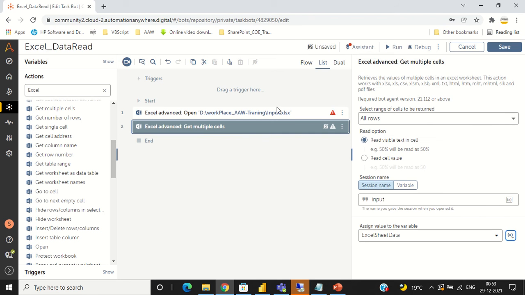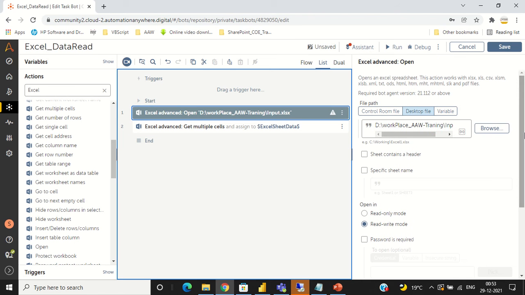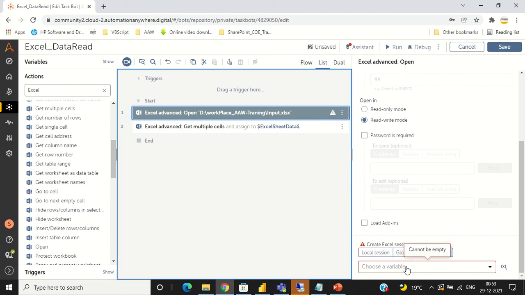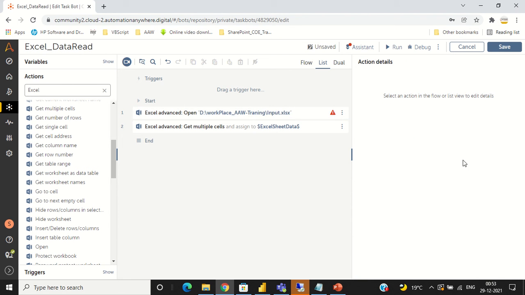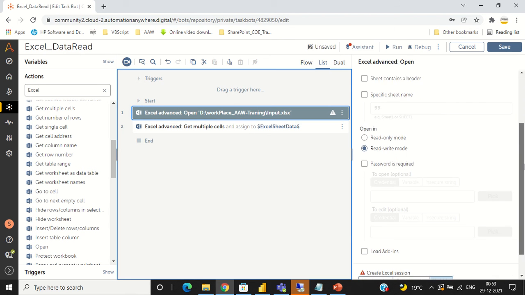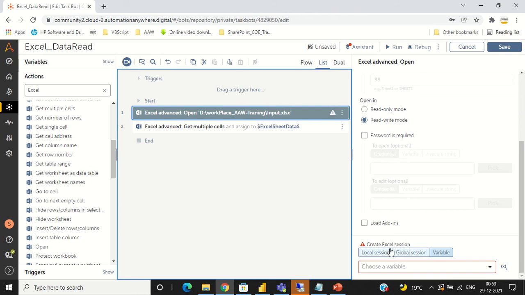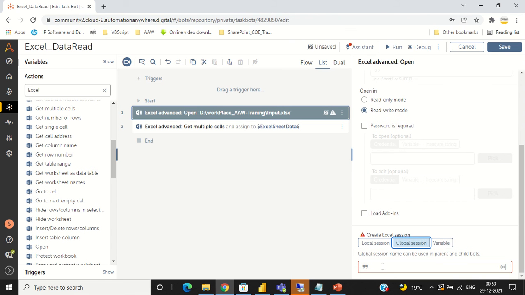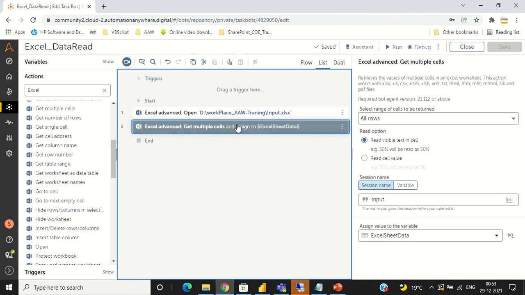Click on create, and give the session name also. Now we are storing this data into a data table, right?